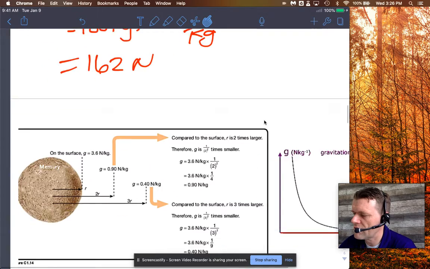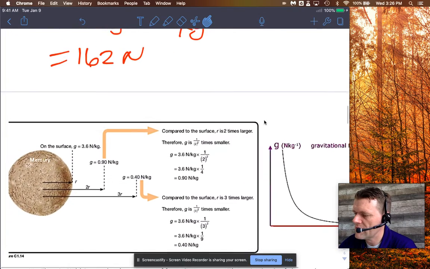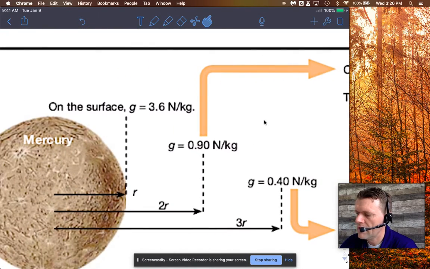And if you can follow this here, in this case, it's the surface of Mercury. At the surface of Mercury, it's 3.6 Newton per kilogram. But if you double the distance, so now you're, say, in orbit, and you are twice as far from Mercury as you were on the surface, now the force has been cut by 1/4. So you've taken 3.6 in effect, and you've divided that by 4,